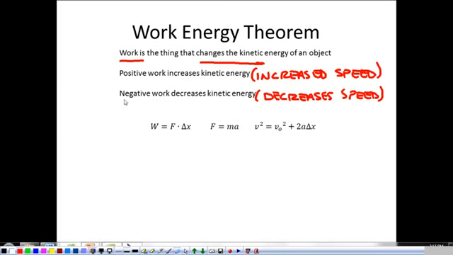Because kinetic energy is 1/2 mv squared, if positive work increases speed, it has to increase the kinetic energy. And if negative work decreases speed, if this gets smaller, then my kinetic energy gets smaller. So what we're going to do with those three equations is find a way to relate work to kinetic